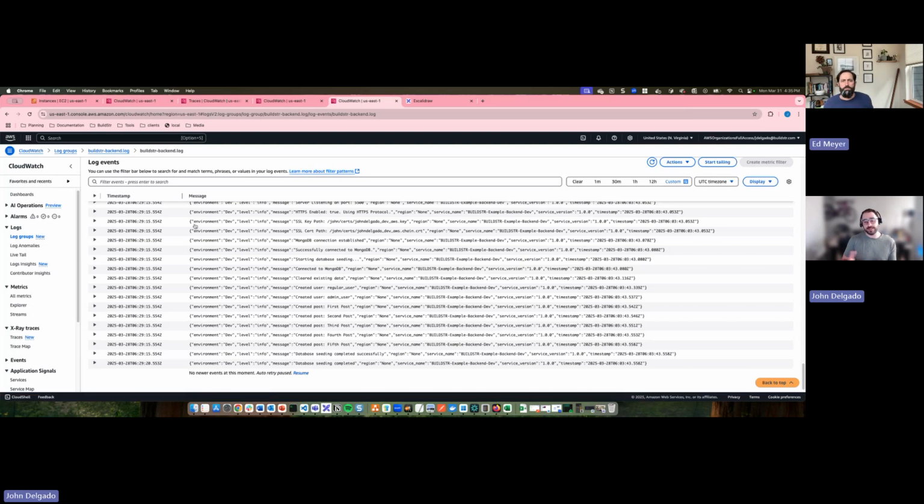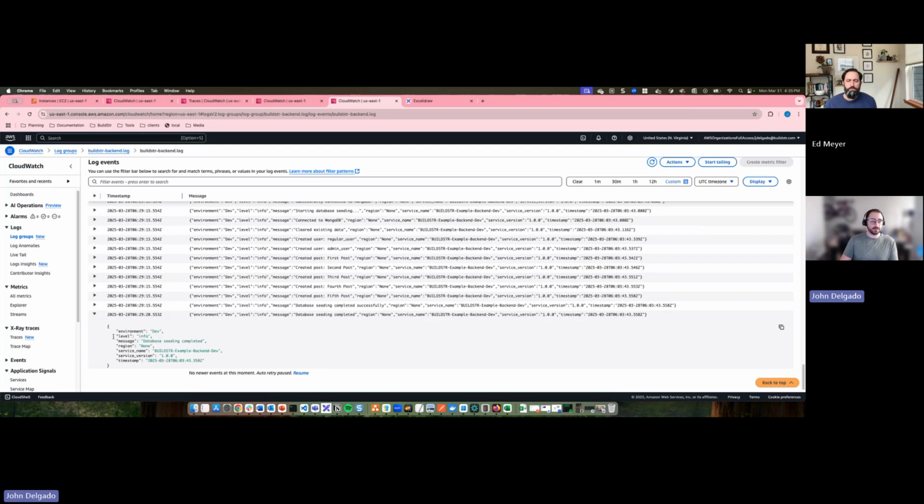Now, depending on what language and what standards you're actually using, your log messages might look a lot different than this. But I've gone ahead and formatted all of our logging to resemble JSON to make it easy to read. So I can see here that this is for my dev environment. This is the level. And then this is actually the logging message that is being sent. And then these are all different tags, such as the service name, what version, and then the